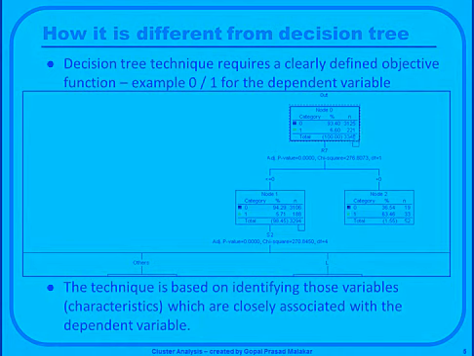So in this case, out of 221, this out of 3346, the bad rate here was 6.6%. Here the bad rate is actually 63%. You are trying to create groups which are as dissimilar as possible in terms of bad rate. So there is a dependent variable, and the whole algorithm is based on which variables are closely associated with it, which is not the case with cluster analysis. Cluster analysis doesn't have a dependent variable at all. It is just grouping based on the independent variables.